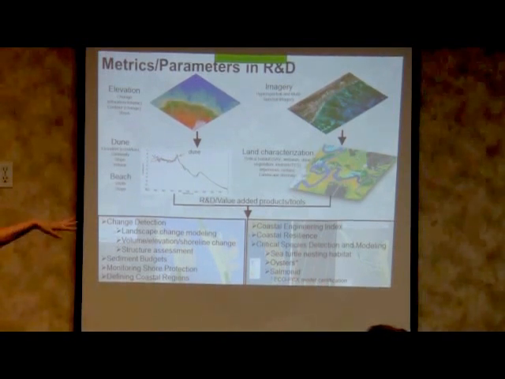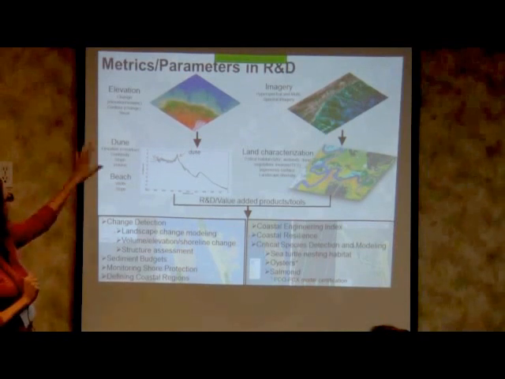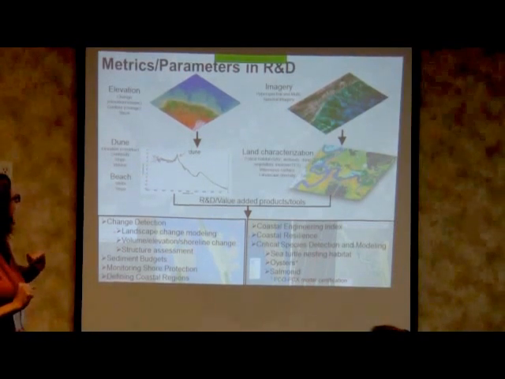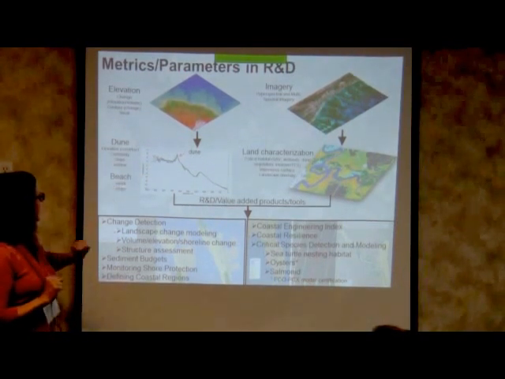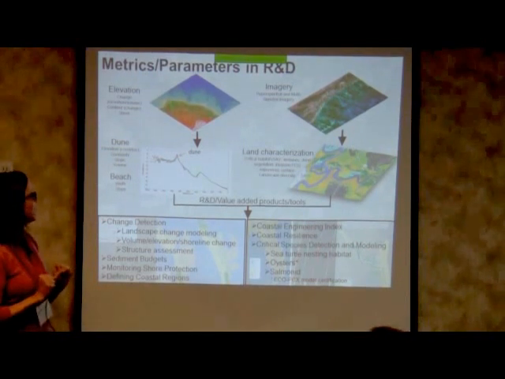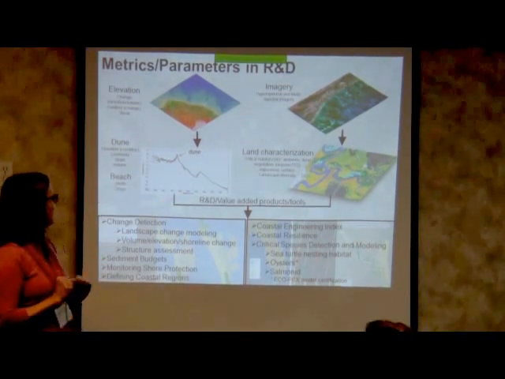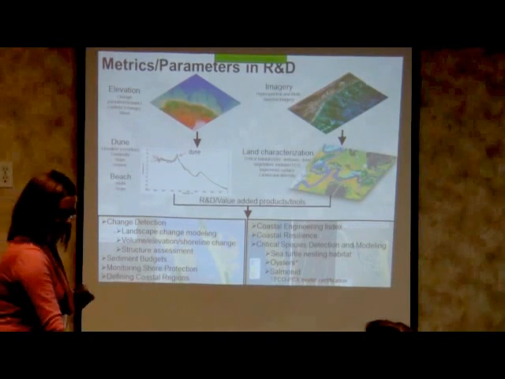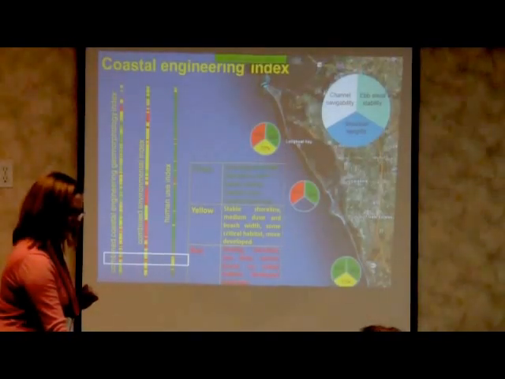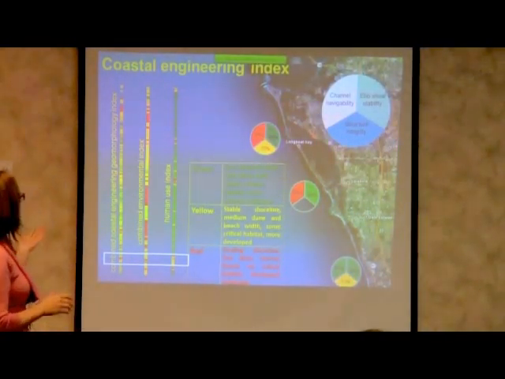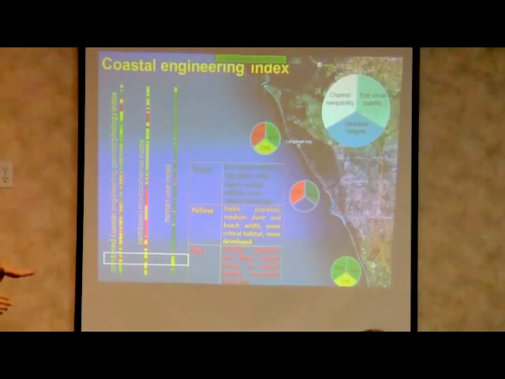parameters in R&D, there's a list on the bottom, and I'll go through a few of them in just a minute, but we start out with our elevation and imagery data at the top, extract the different parameters that I just mentioned, look at some land characterization techniques, and then bring them into some of our R&D. One of the first things we try to do, again, this is going back about 3 years, and we're working on refining this and what it needs to look like, is to develop a set of stoplight indicators to help